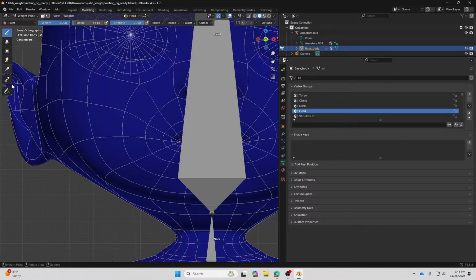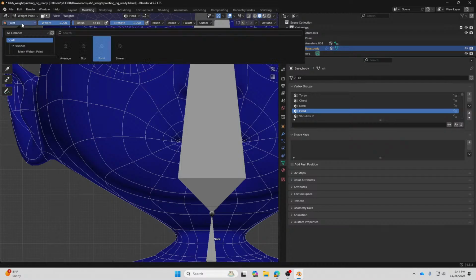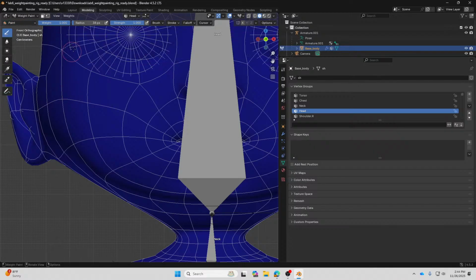A little bit of introduction: on the left side over here, you have all the tools: blur, average, smear, gradient, which are available in the weight painting page that I have given you. One by one, in this demo I try to use most of them so that you understand their functions. But over here is the paintbrush.